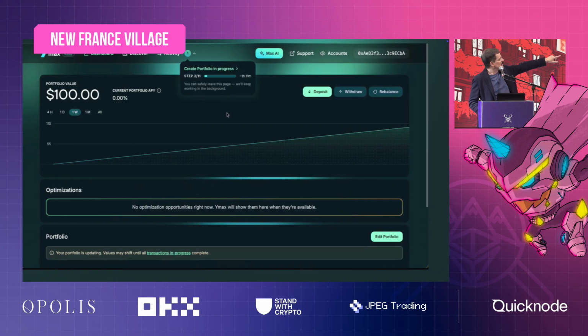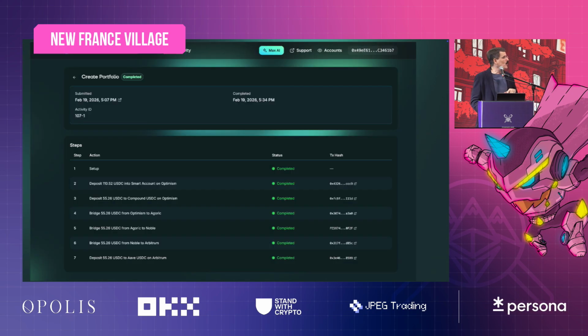And up at the top you can see it started the process of executing this. Ethereum is slow. Base is slow. It will take 20 minutes for them to finish, but it doesn't have to take your 20 minutes. What happens is, behind the scenes, the smart contract of Ymax created a strategy, a plan for how it